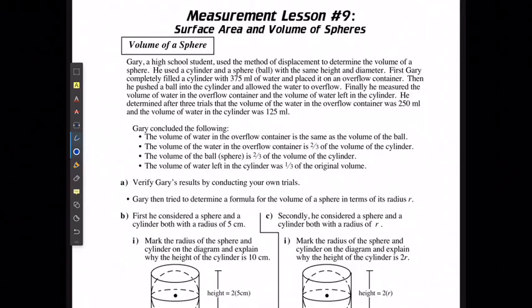Okay, last lesson for measurement. We're going to deal with the surface area and volume of spheres. So for the volume of a sphere, Gary, a high school student, used the method of displacement to determine the